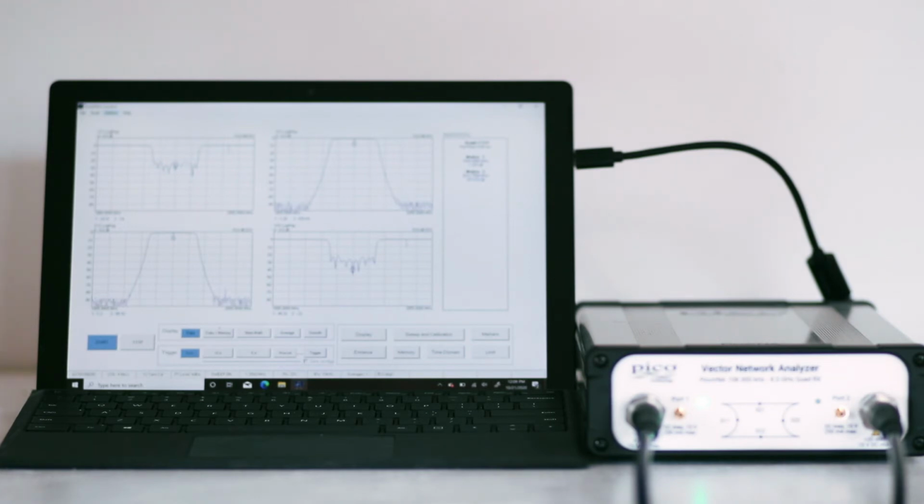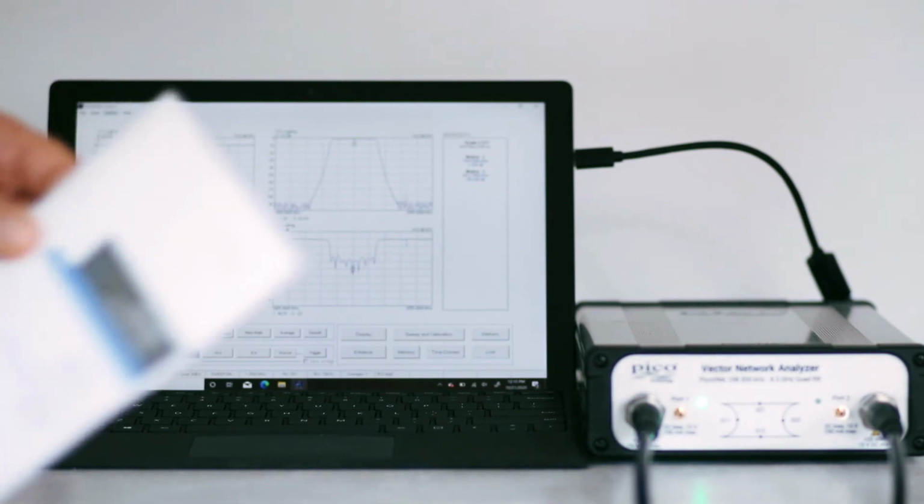First, you have to make sure your computer is compatible. And no, the Pico VNA unit won't work with the Mac. The computer has to be a Windows machine, either laptop or desktop. I am essentially a Mac person, so I had to buy this Microsoft Surface laptop. So, we'll consult the Pico VNA Quick Start Guide